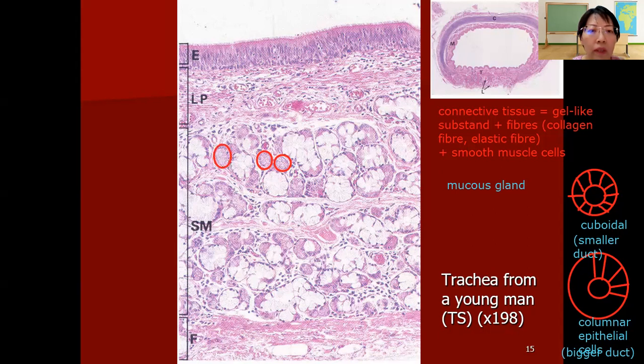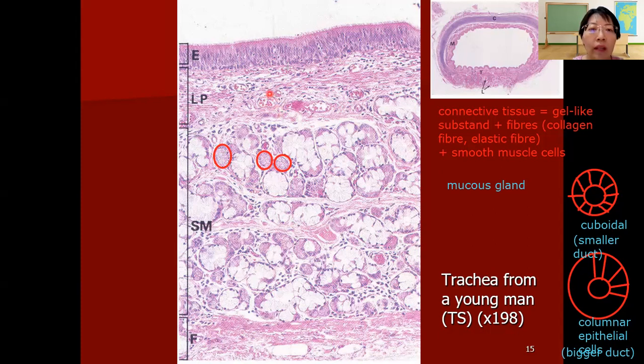So this is mostly the duct, because it's totally round. It's not like a flowery kind of structure. And there is a lumen in the center, but it's very tiny. It's surrounded by one layer of cells. So this is the duct. Other than the duct, you can also see something that is spherical,